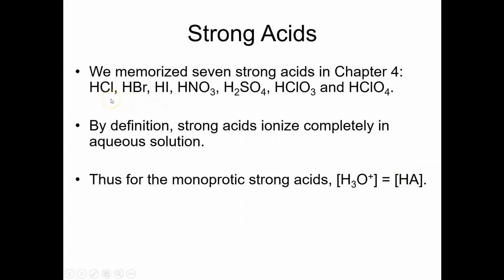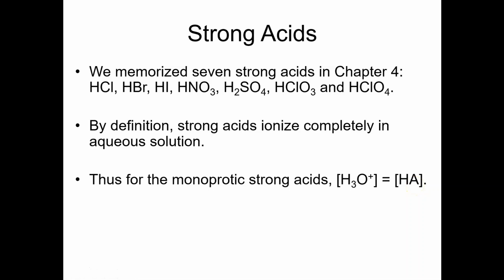In other words, if I make a 1 molar solution of HCl, I've got a 1 molar solution of H+. If I make a 0.5 molar solution of nitric acid, I've got a 0.5 molar solution of H+. The hydronium ion concentration or the hydrogen ion concentration is going to be equal to the acid concentration